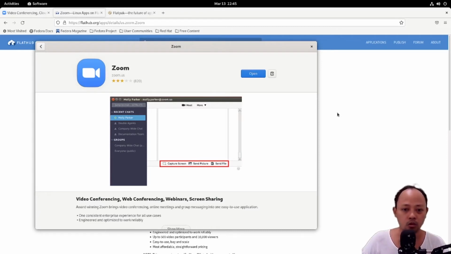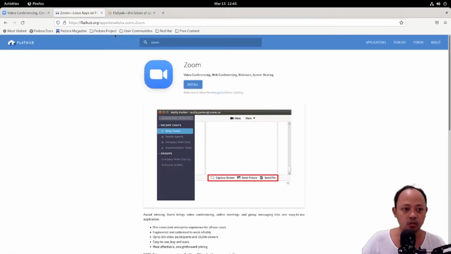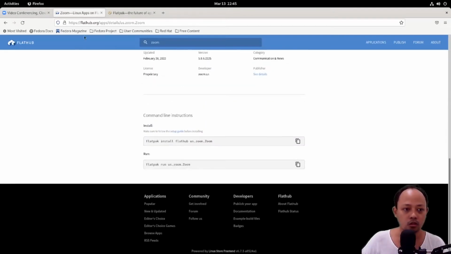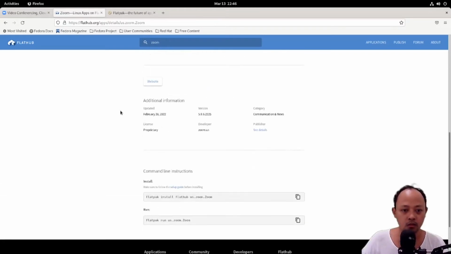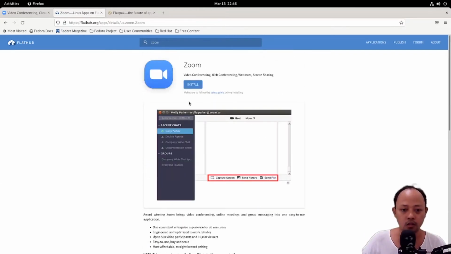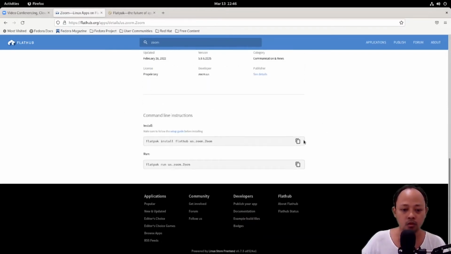If you install Zoom from Flathub with your terminal, you can go to flathub.org and search for Zoom, and then if you are already here, you can just execute this command in your terminal.